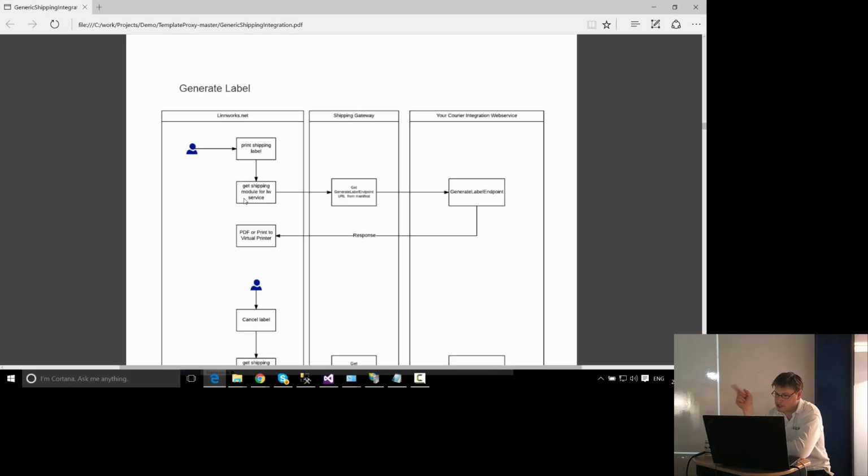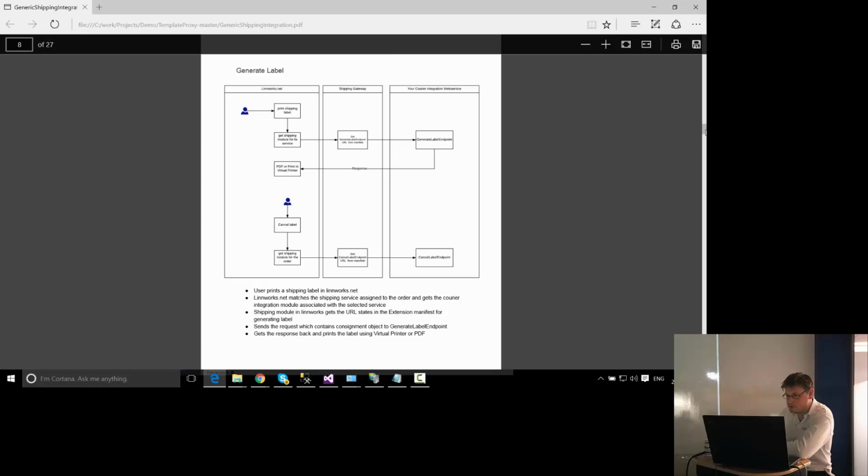As I've discussed with Pete just now, I'm actually saying this wrong. It's not going to look at the manifest. I'll explain what it actually does once the courier is integrated. All of that manifest is saved on the courier integration module, right? So, for example, if the developer then went and changed the URLs, it wouldn't affect the integration that they currently already have. Those URLs are preserved on the integration. Okay, so basically it will look at, but for our purpose, we'll just say it just looks at the manifest to look up the URL of the generate label endpoint,